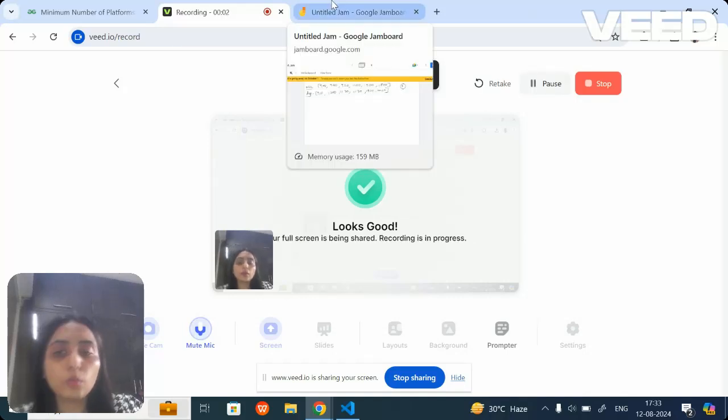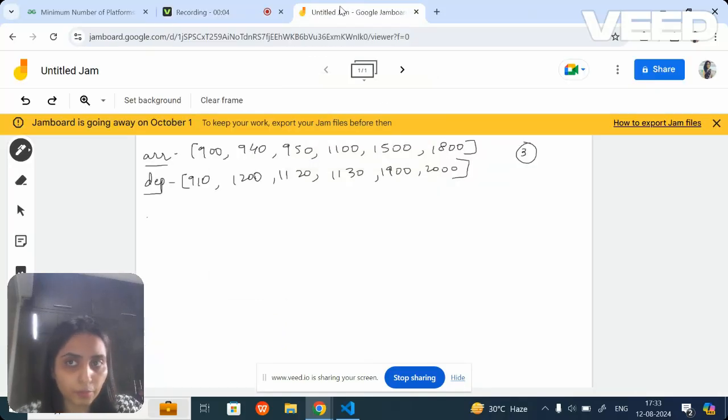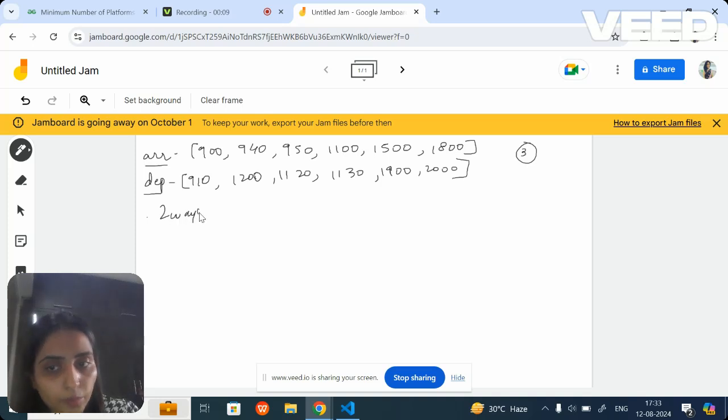So now we will be moving forward to how we will be solving the problem, minimum number of platforms. Let me do one thing. There are two ways to solve the problem. One is you take this interval, which starts at 9 and is going to depart at 9:10, and then you compare this with every arrival. But if you compare, that means you are basically looping through the arrivals as well, the departures. So what happens over here is that your time complexity becomes O of n square,